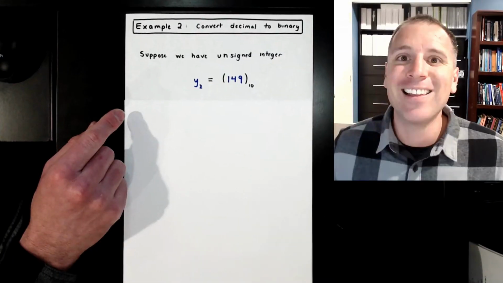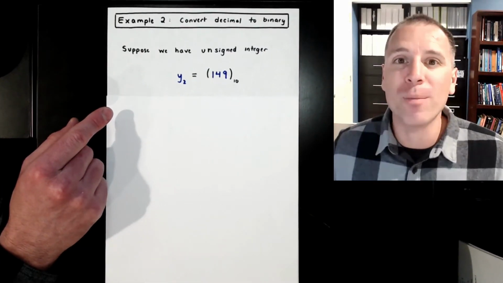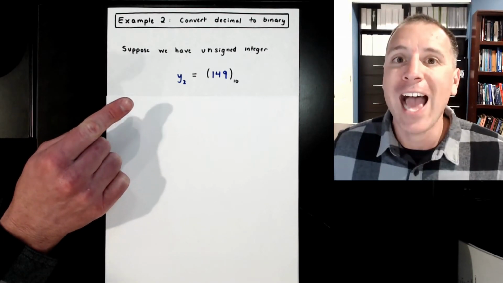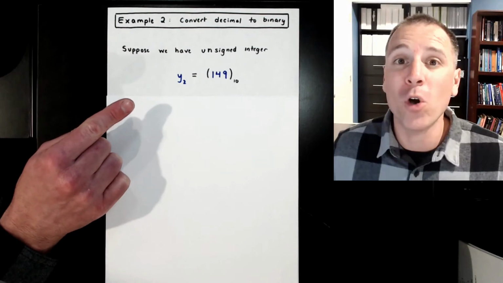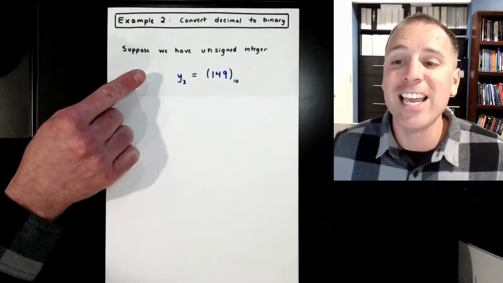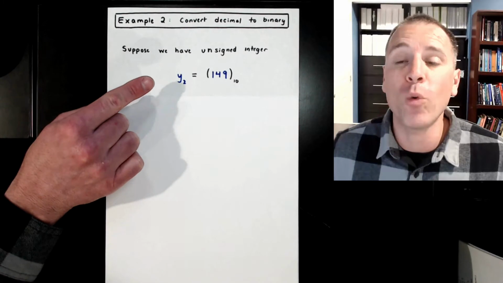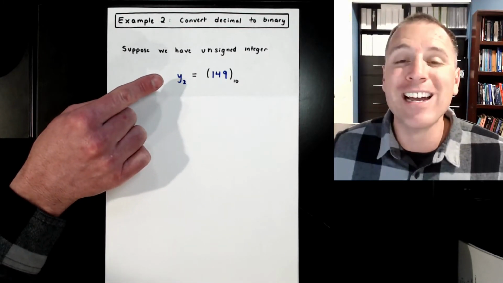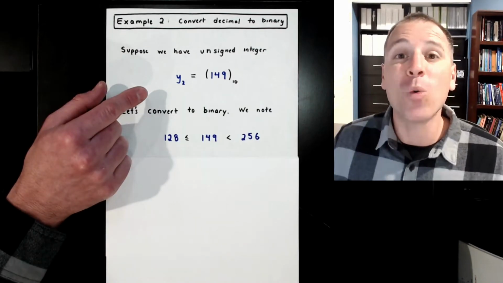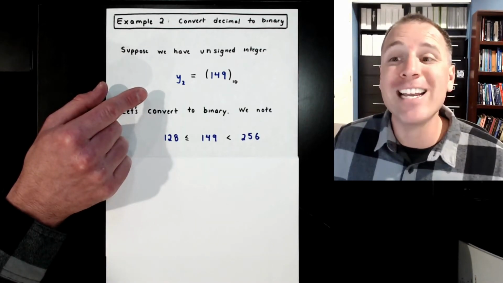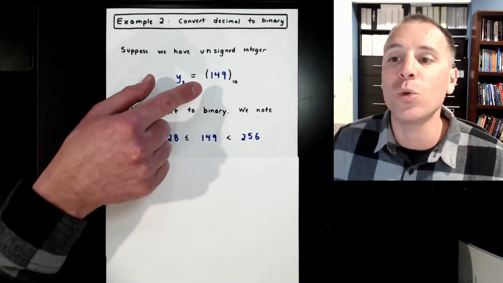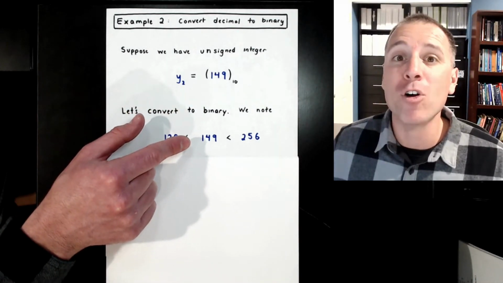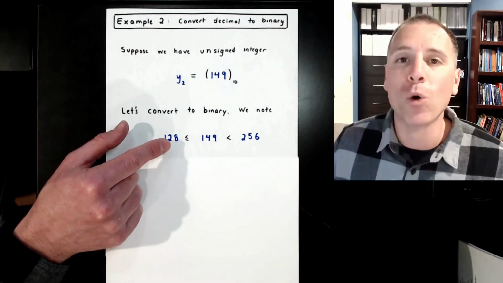Good news. Let's refine our thinking for this algorithm a little bit more by analyzing a slightly more complex example and seeing what we can learn about our approach from this example. In this case, we'll look at the number 149 in base 10, and we'll ask ourselves, can we convert 149 into binary? Remember, we're going to start with this question: how many binary digits, how many bits, do we need to encode that number? In order to answer that question, we position that number between two pure powers of 2.